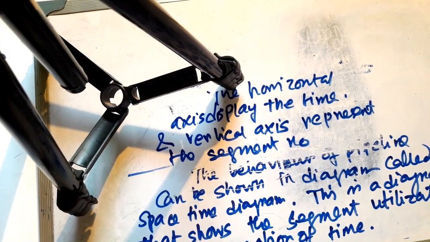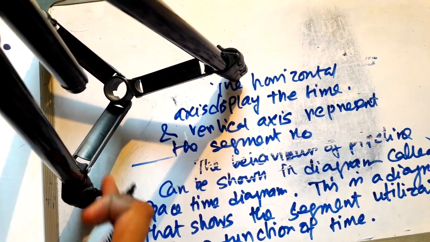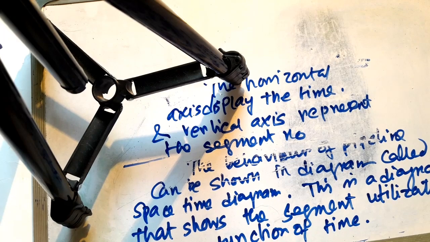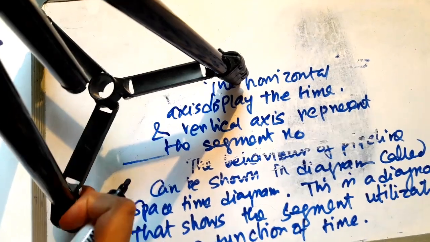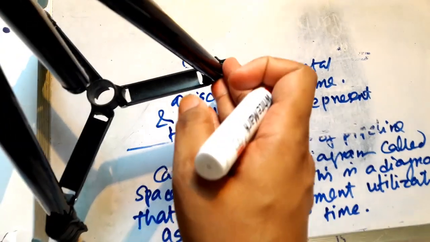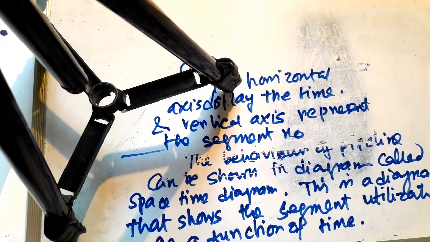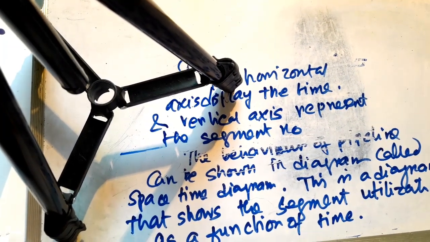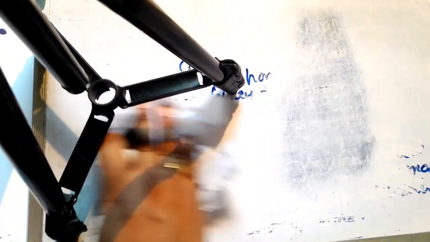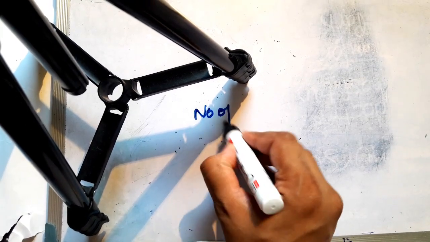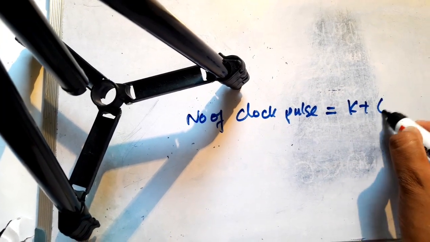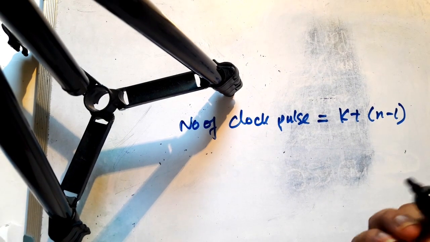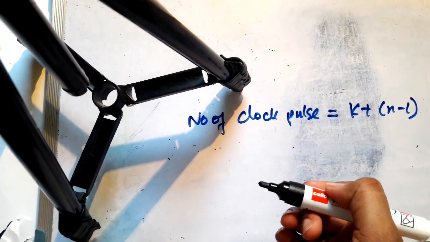What I mean is, the behavior of the pipeline can be shown in a diagram that is known as space-time diagram. It is a diagram that shows the segment utilization as a function of time. The horizontal axis displays the time and the vertical axis represents the segment number. There is a formula to represent how many clock pulses are required: number of clock pulses equal to k plus n minus 1. This is the formula where we can find out how many clock pulses are required for the execution of the instructions,